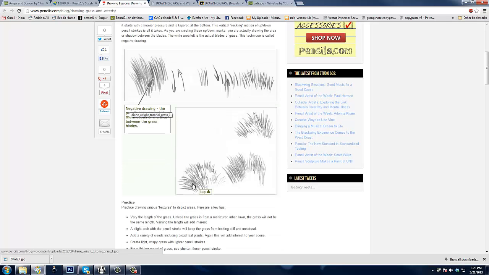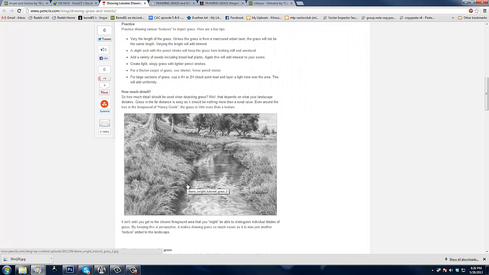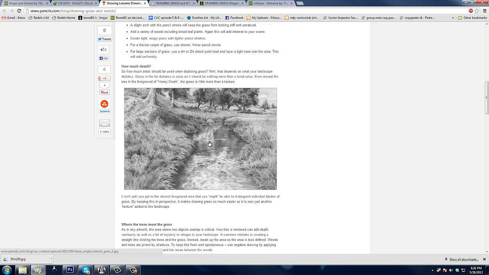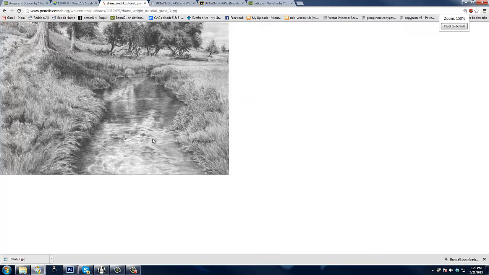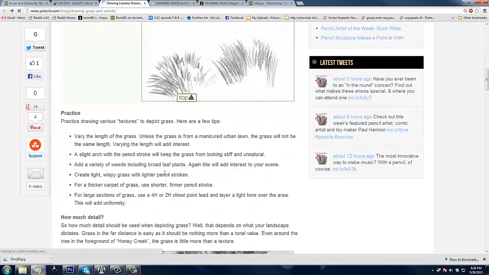And what that does is it creates the technique I was just trying to talk about, where it's not about the lines of the grass, it's about the lines in between the grass. It's about the little white spaces that fill up the grass to help create the illusion of blades. Like you see this huge, ridiculously advanced piece right here. It's not about all the black lines, it's about the white space in between the black lines that really makes the piece, which is just a backwards way of saying